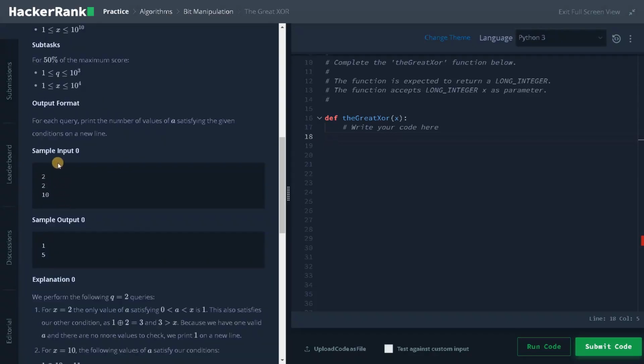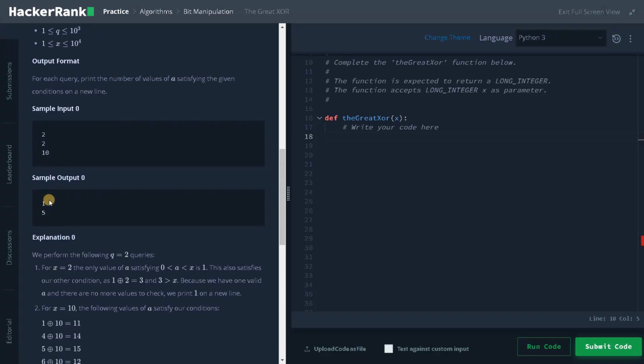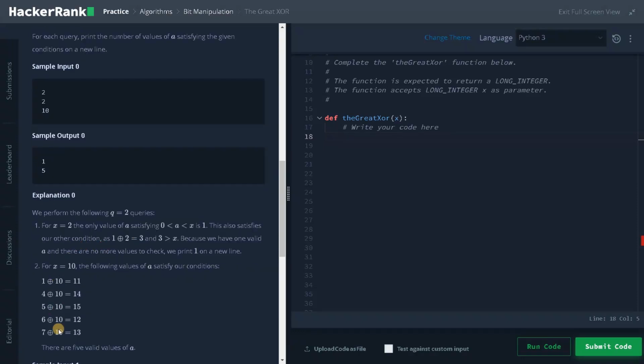And again we have the sample input. I have two numbers, that is two queries. The first number is 2, and we have performed the operation. The result will be 1. And for 10, we are again performing this operation, and the result is 5. For this example, you can easily see the pattern. From 10, it can get the results 11, 12, 13, 14, 15. So that is the next power. Until the next power of 2, it actually considers the remaining as a result.